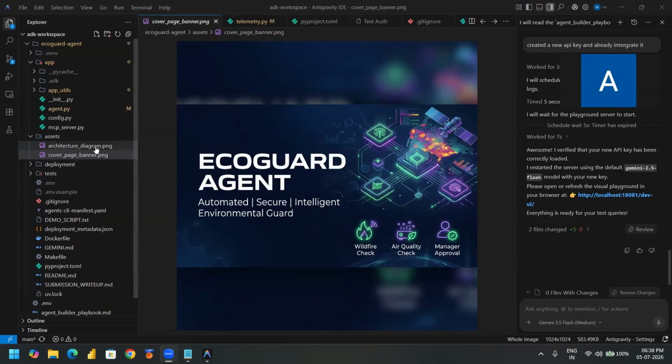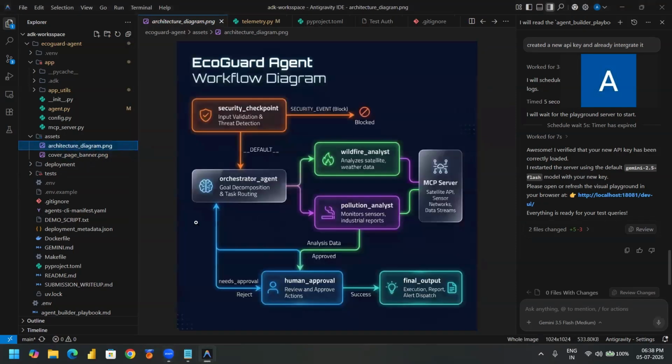Let's look at the flow of our system. When a user submits a query, it first enters our security checkpoint node, which scrubs sensitive PII and filters out prompt injection patterns. If it passes, it moves to the orchestrator agent, which coordinates the work. The orchestrator determines if a query requires wildfire statistics or pollution information, and delegates it to our specialized sub-agents, wildfire analyst